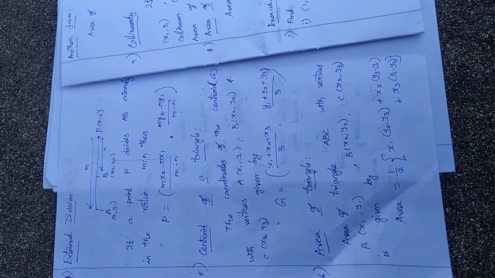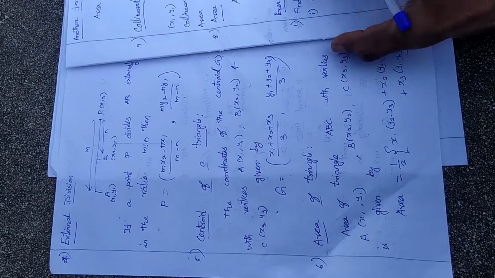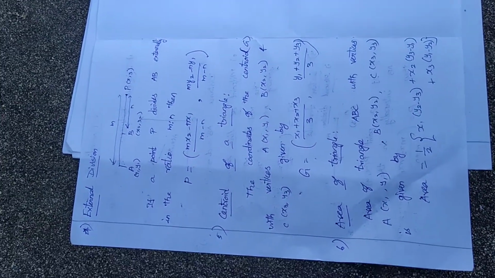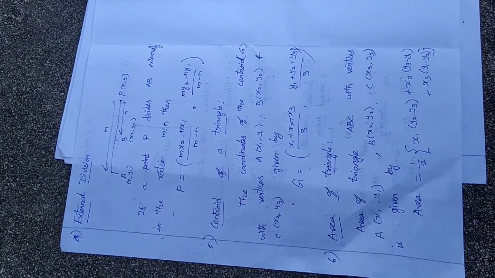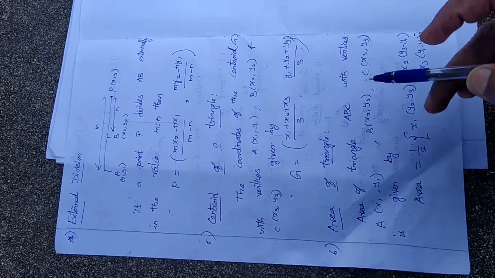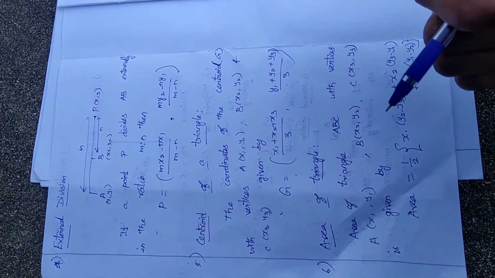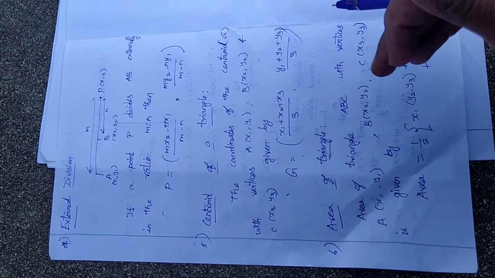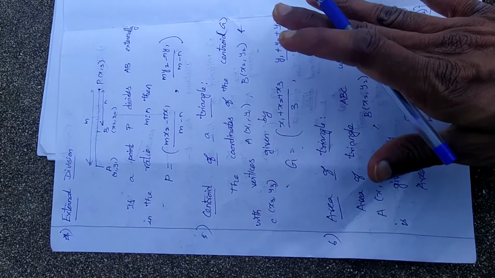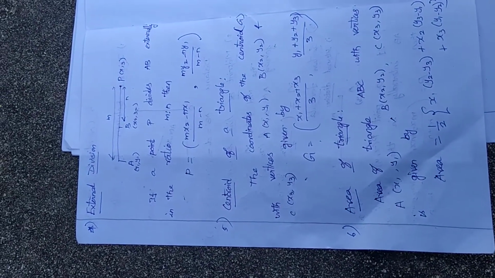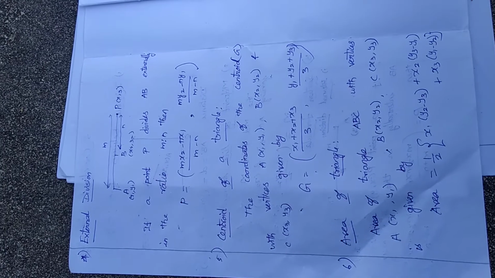Next, area of triangle. If you have base and height, we know the formula. Area of triangle is half BH. When we have height and base, we get half BH. Suppose here, as I already told you, in coordinate geometry we are going to study about coordinates, that is x1 y1, x2 y2, etc. That is x comma y. We are going to study about coordinates. Okay, if you are having